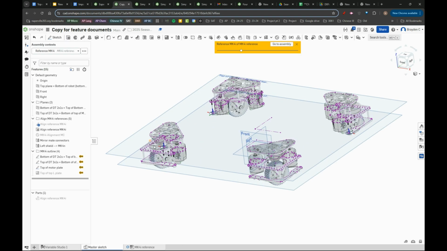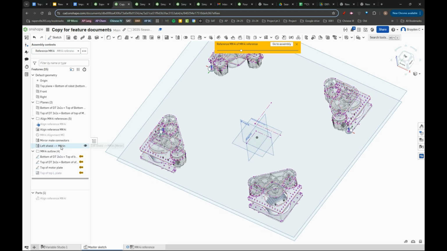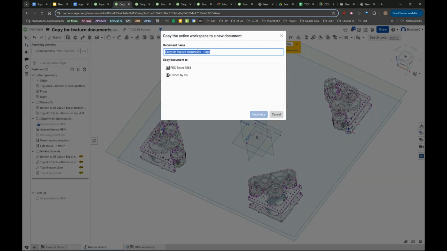A couple of things I will change, just for specific things. You don't need to worry about it. That's for me to do. So once you have this, you don't even need to open it. You just need to copy workspace and then name it, let's say we name it